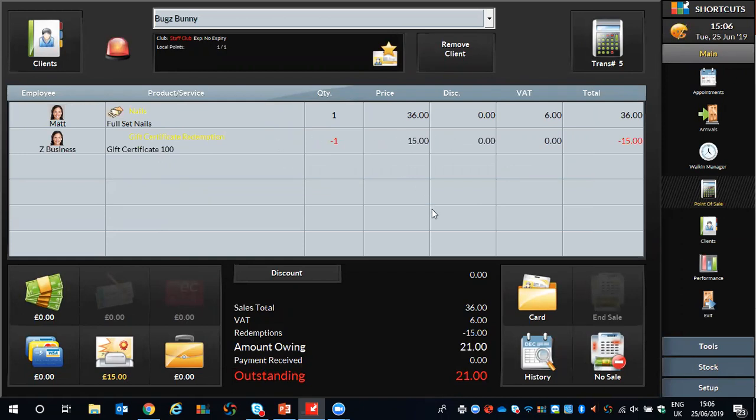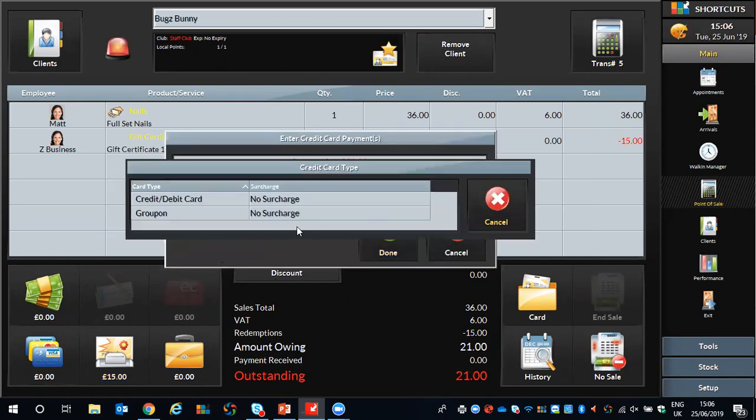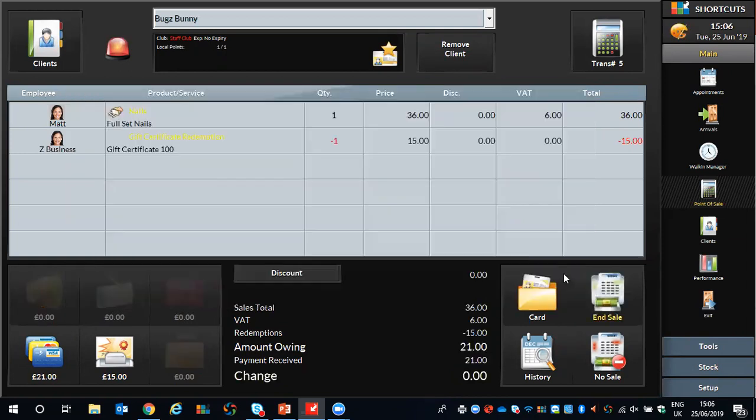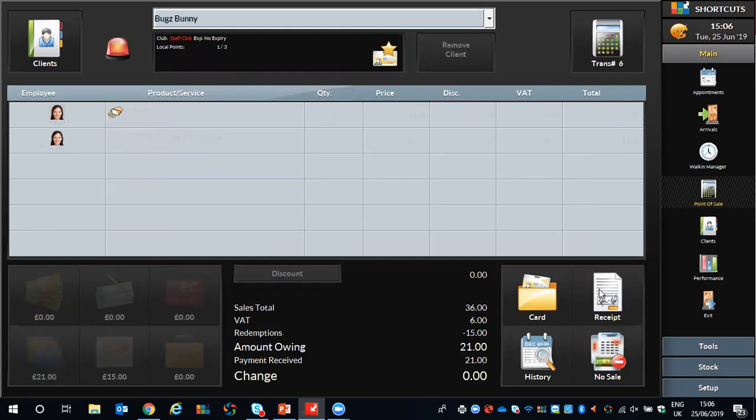And now let's just know we have an outstanding amount of £21 and we can check this out like a normal bill. And all importantly, click End Sale. Okay, so that's putting money on someone's account and redeeming it, and of course selling a gift certificate and then of course redeeming it. Okay, so just a couple more things we just need to run through, ladies and gents,